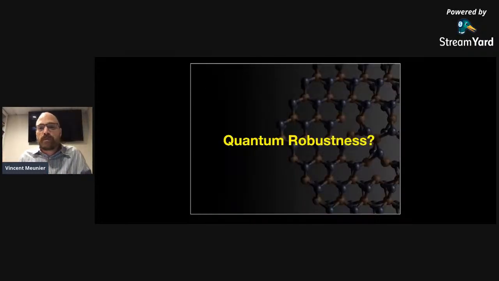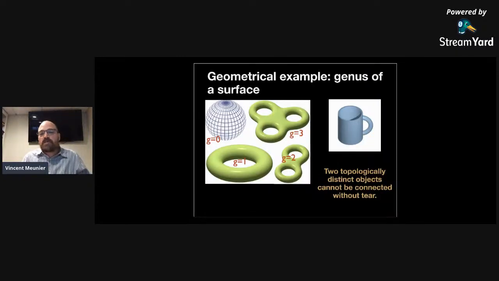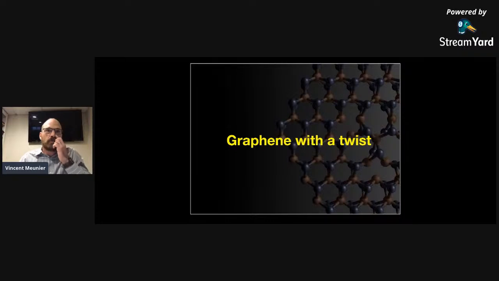One thing that you can also do is quantum robustness, as we call it, and this is the field now of topological material, where the properties are basically protected by the fact that they have a given topology. This is something that's very important. I'm not going to talk too much about this because we lost a few minutes because of the power outage. So I'm going to skip directly to another aspect of the work, which is graphene with a twist, and I will end like this so that we do not go too much over the time.